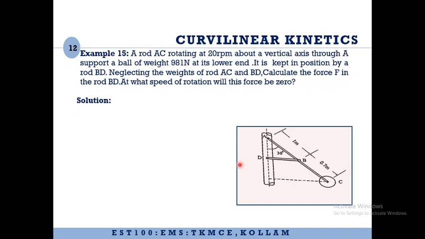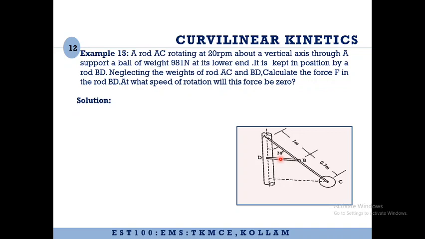We have a vertical rod about which this ball is rotating, and as it rotates it is going to develop centrifugal force. That means there is going to be an outward pull. Imagine a case wherein this rod was not there. Then what is going to happen? This ball is going to move and come to the vertical direction. This ball and rod are kept in this position only because this rod is there. So this rod is under compression.